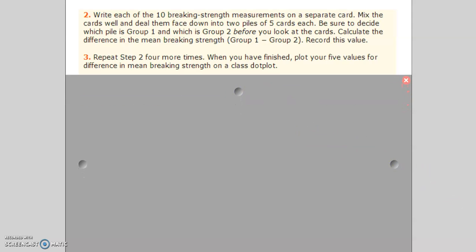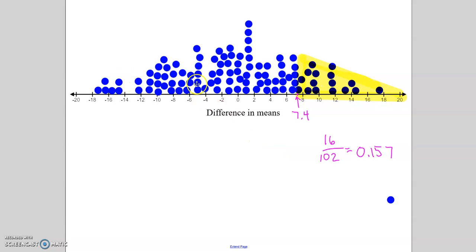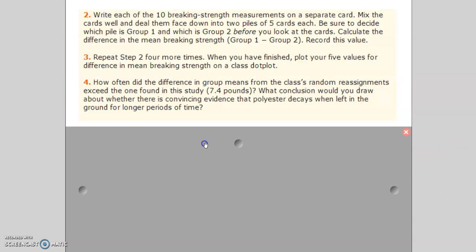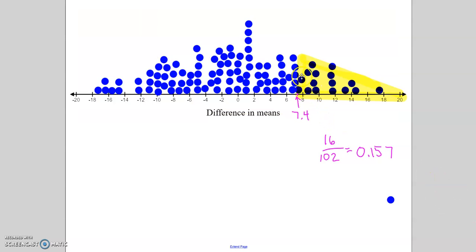Luckily for us, I have some data here from a past year where the class did this. And you can see here are all the differences that they got. Then you can see the number I've highlighted here is 7.4, because I want to know how often the difference in this group exceeded the one we found in the study. And you can see that I counted up 16 times out of 102, which is about 15 or almost 16%